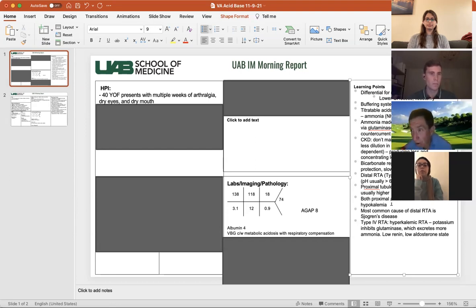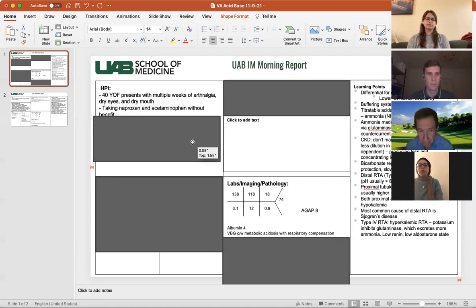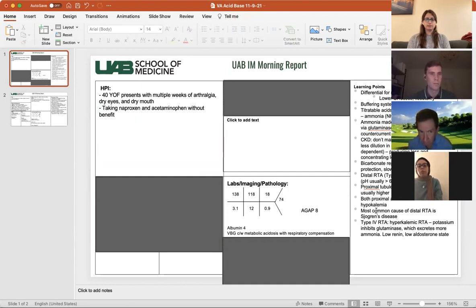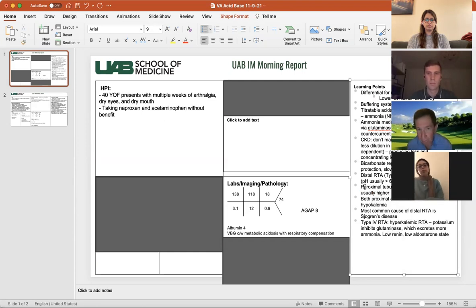Now, other rheumatological diseases can cause it. You can get it with lupus. You can get it with a variety of other things. Sickle cell disease can sometimes cause a type 4 RTA, but that's about it. So we now know that the patient was on naproxen and acetaminophen without benefit for her